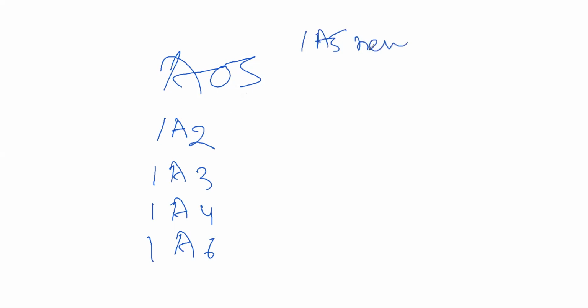So there is a 2-fold axis of symmetry, a 3-fold axis of symmetry, a 4-fold axis of symmetry, and a 6-fold axis of symmetry. A 1-fold axis of symmetry means nothing. I mean, there is no face which is repeating. None. A face came only once, so there is no repetition, so no axis of symmetry. A 5-fold symmetry, 1A5, never exists. This question is asked so many times. A5 never exists. One axis of 5-fold symmetry never exists. Two axes of 5-fold symmetry, three axes of 5-fold symmetry never exist.